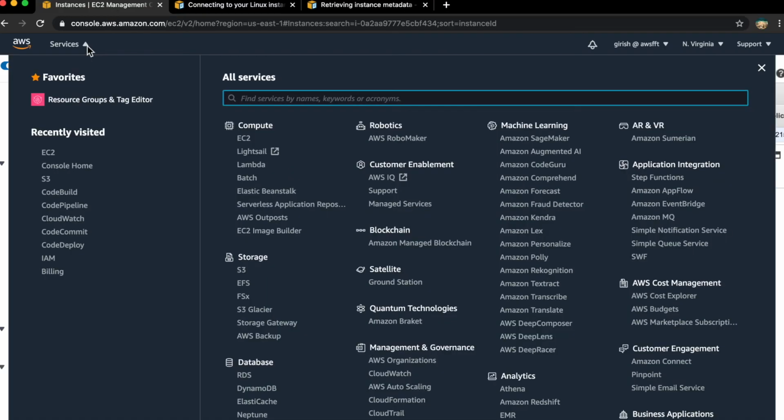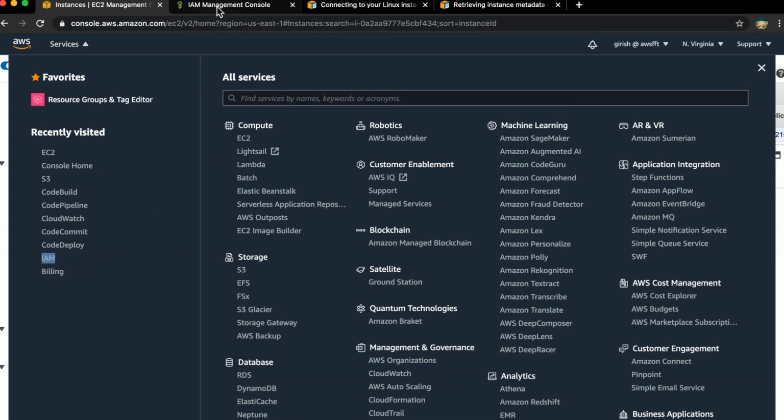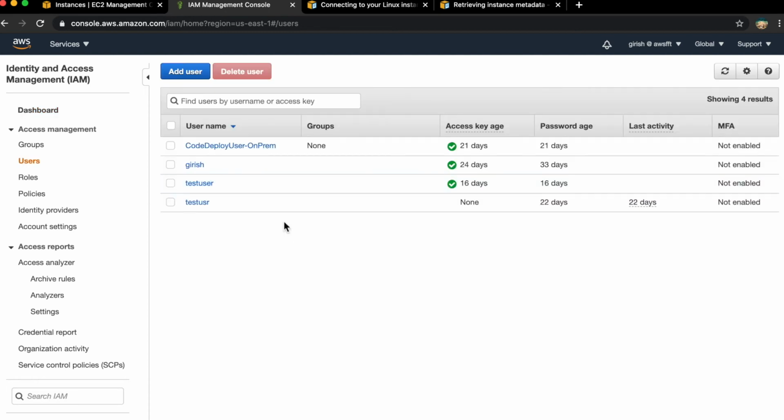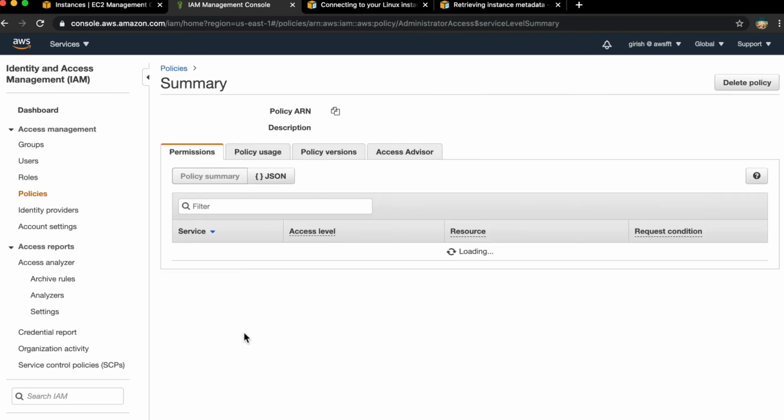If you go to IAM and navigate to users, see here we used this particular user, Girish. It has administrator access, which is quite elevated permission.